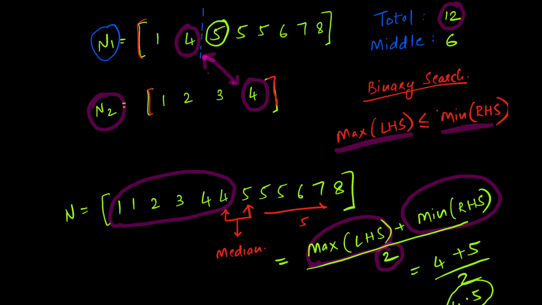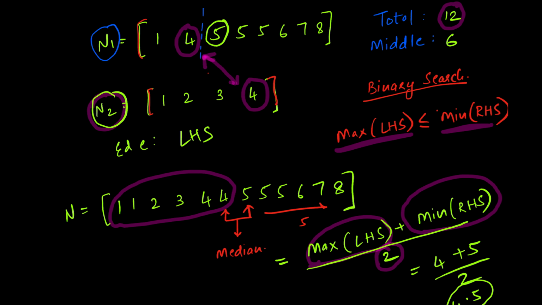I hope you were able to understand how we are using binary search algorithm to solve this problem. Because the numbers in N1 in this example were greater than the numbers in N2, we were updating the left pointer. But if it was not the case, then we would have updated the right pointer to shift towards the left to accordingly get the right numbers on the left hand side. This approach is only possible because the input arrays were sorted. If it wasn't, then the first option that we discussed would have been a more